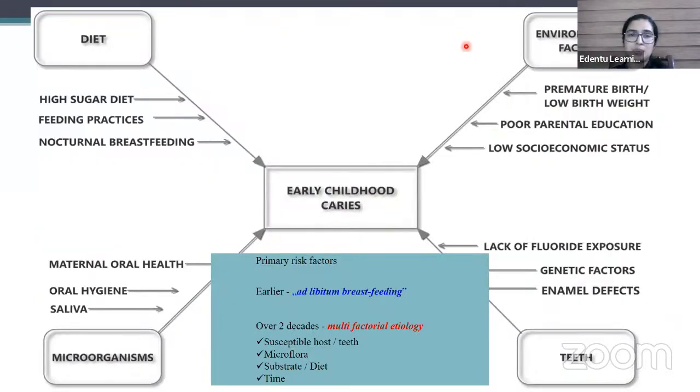Yeah, so as I told, early childhood caries has a multifactorial etiology. As you could see, the primary risk factors that would be involved are